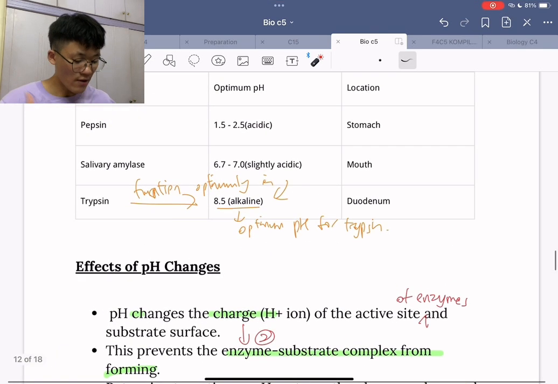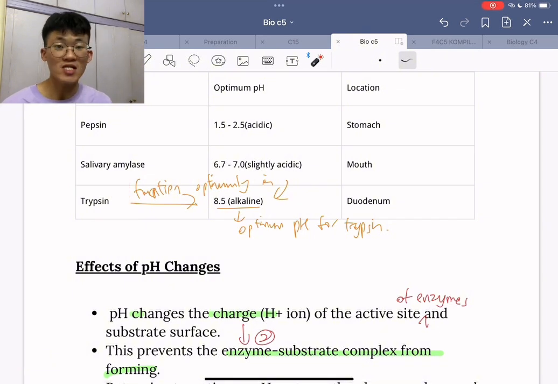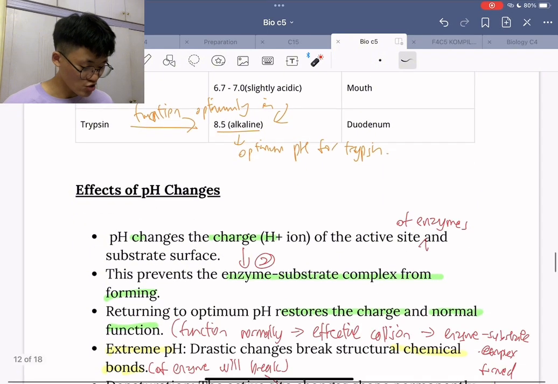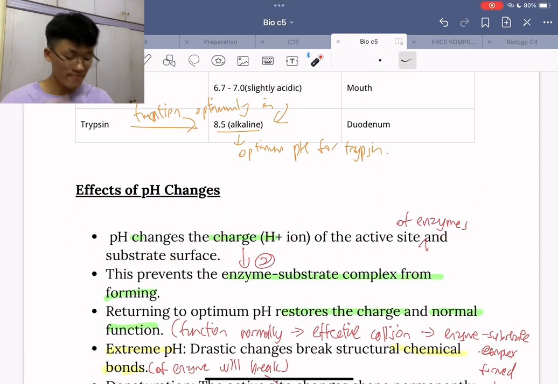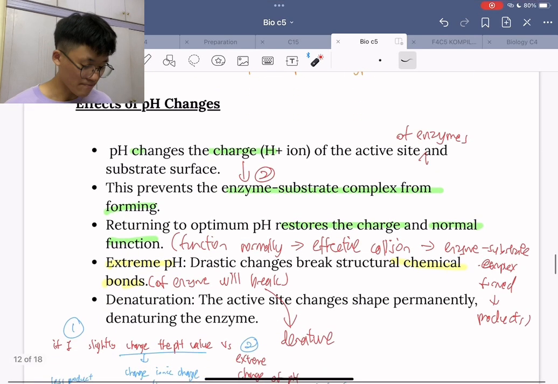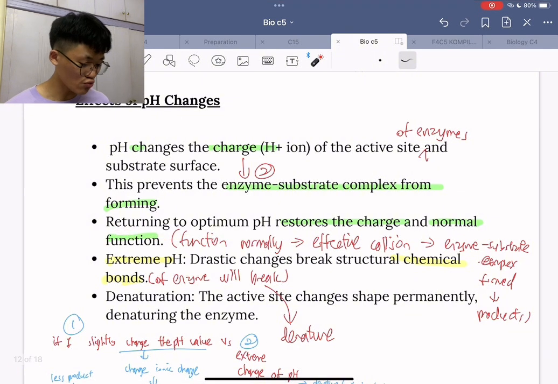So what I want to tell you is that every enzyme has its own optimum pH. If I slightly change the pH, the charges of the active site of the enzyme and also the substrate will be changed. This will prevent the enzyme substrate complex from forming. But if I return it to the optimum pH, it will restore the charge and normal function. If you restore the charge, the function will go back to normal again, and then you can get the